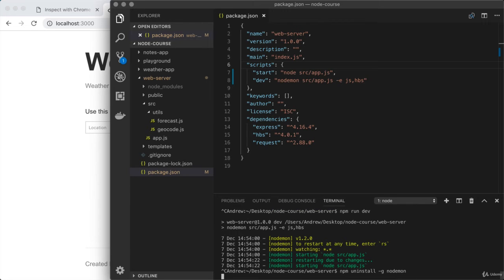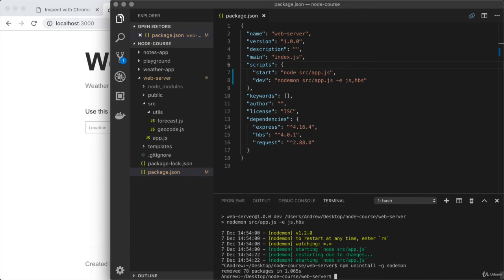Now, when we run this, it's going to remove nodemon, which means we can no longer run it from the terminal and our script is no longer going to work. Both of them are expecting that command to be available. We can address this now by installing it as a local dependency, something that's actually listed in package.json. Right here, npm install. We are going to install nodemon at the version we had before, 1.2.0, and from here,